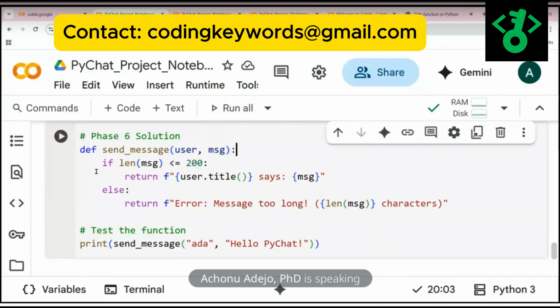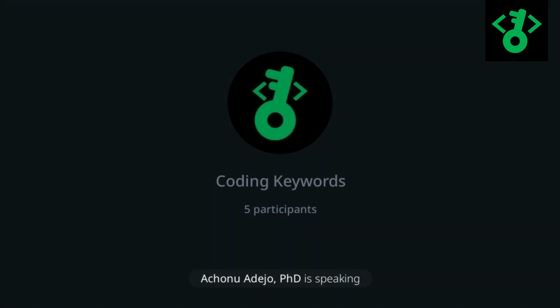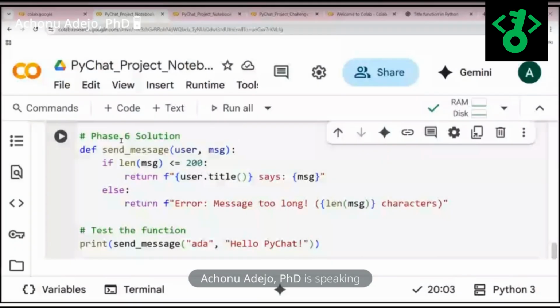Now what happens is we're going to check if the number of characters of MSG is less than or equal to 200, and then we return. Okay, so now the function is requiring these two parameters to work, but the function is also going to give a result. The result that the function will give is what comes after return. So if it is less than or equal to 200, then our result will be